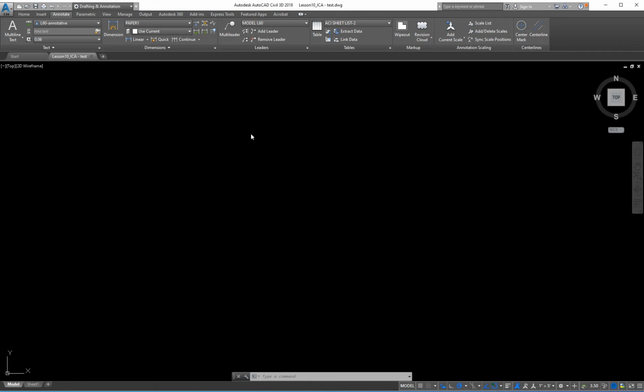We're going to Xref that, or attach it as a reference in the background of this Lesson 10 ICA file. Lesson 10 ICA would be like your design file. This is where you'd put your design elements, right? And your drawing,